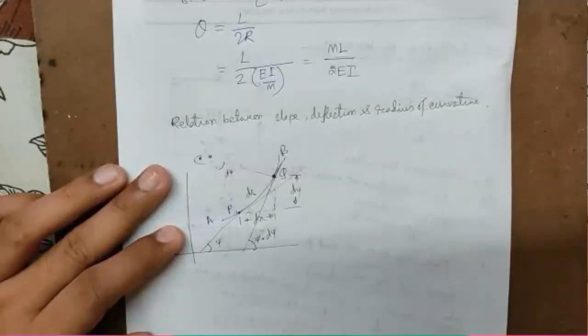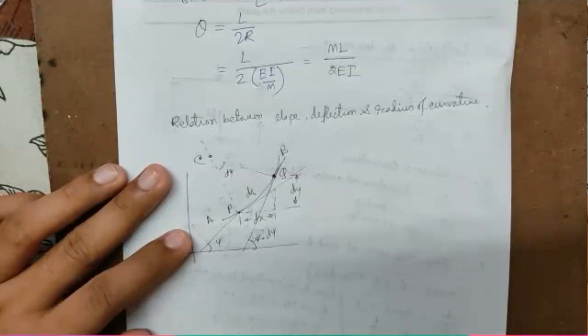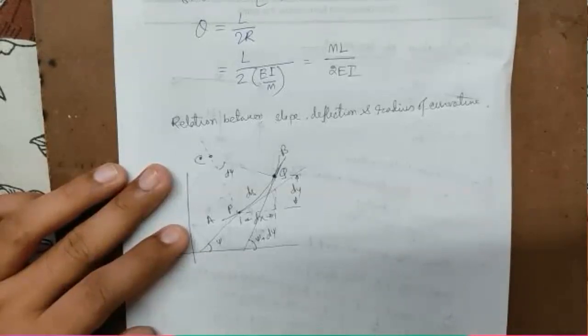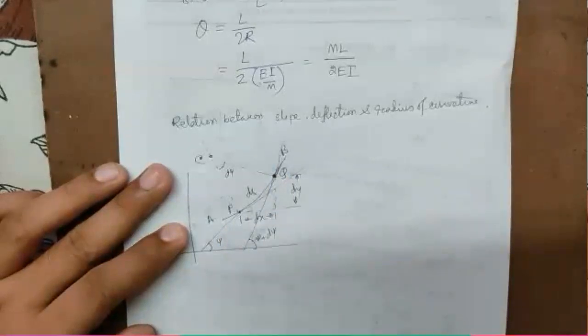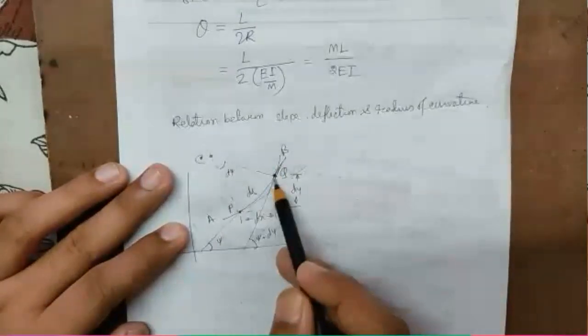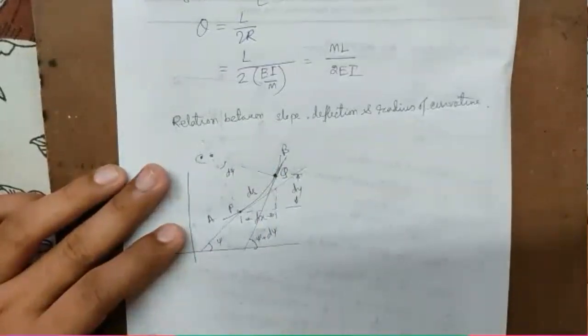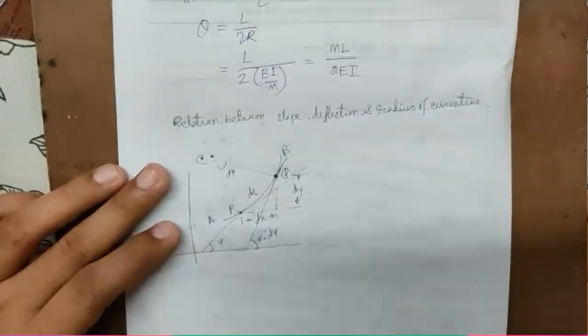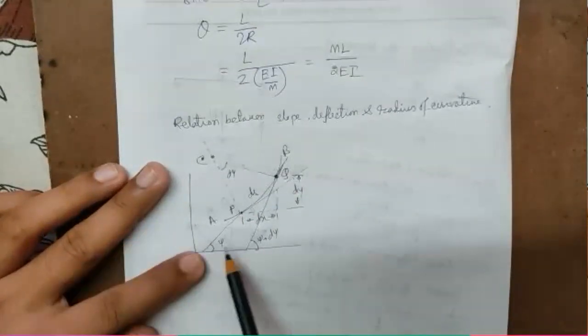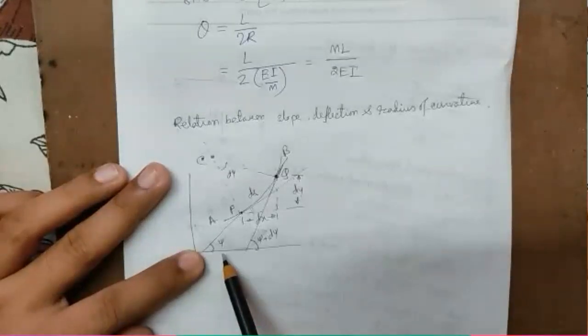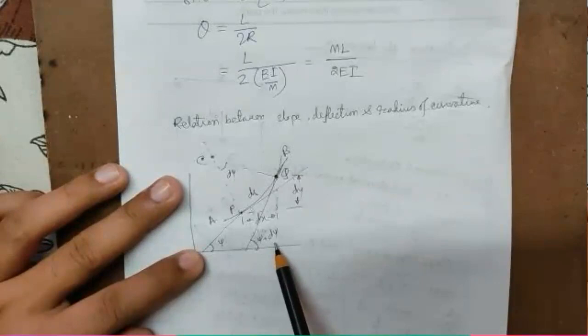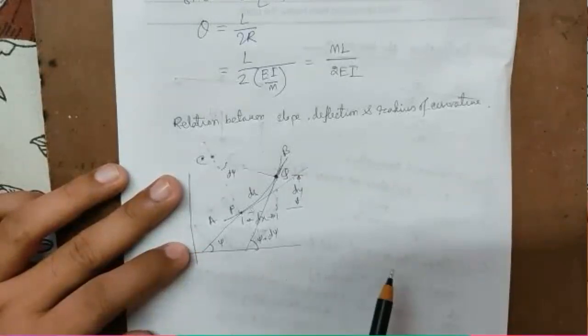So the scenario is the curve AB here representing the deflection of a beam as shown in the figure. Here this AB is the deflected beam. Now consider small portion PQ of this AB. PQ portion only we will consider, small portion. Now let the tangents at P and Q make angle psi and psi plus d psi with respect to the horizontal axis or x axis.